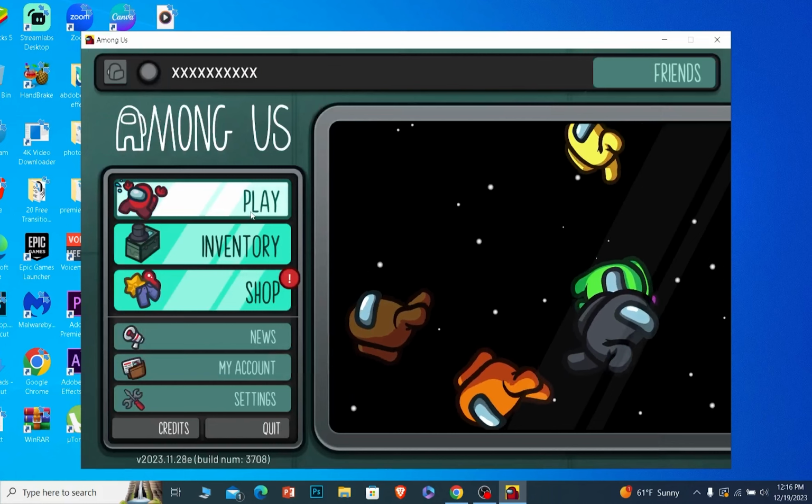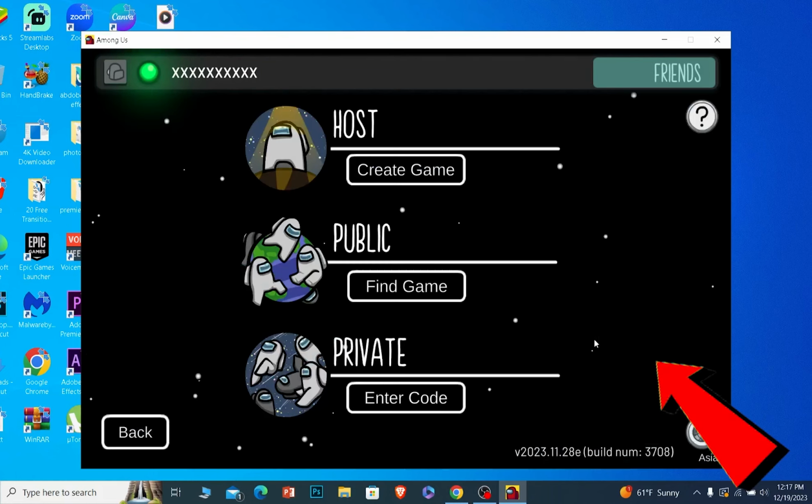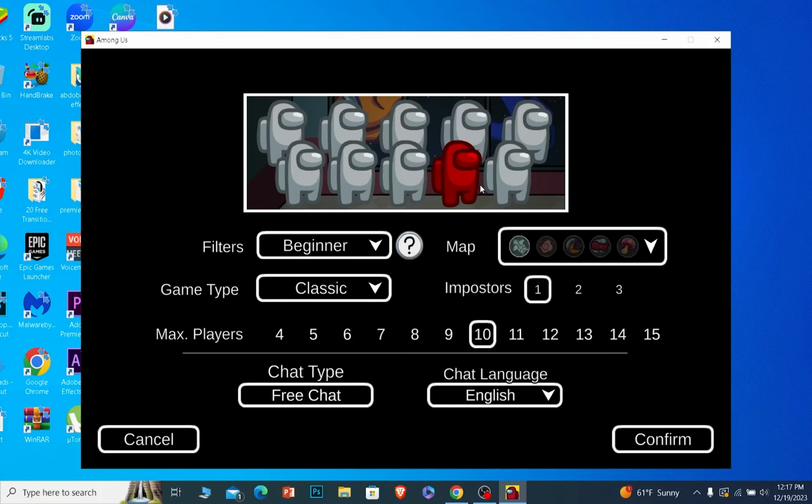The second setting is you want to click on Play, click on Online, and click on Host. Now remember, you can only change chat settings if you are the host of the game. And remember, you can only change the chat setting before the game is created. If you create the game, you cannot change the chat setting. You need to close the game and host a new game, then only you can